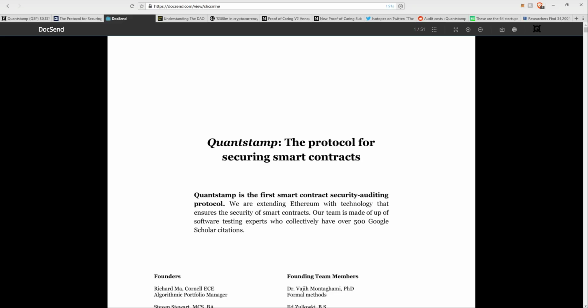What is Quantstamp? Quantstamp is the protocol for securing smart contracts. In other words, it's an auditing company that other blockchain projects can hire to test their smart contracts. Why is this function needed? A blockchain network itself is secure, meaning it cannot be hacked. But smart contracts that run the network are man-made and are not secure, meaning smart contracts can be hacked or